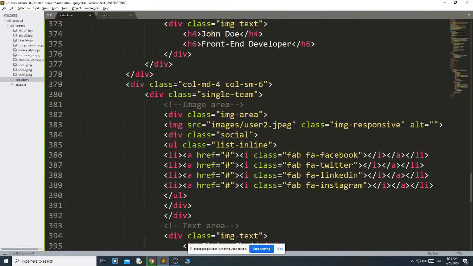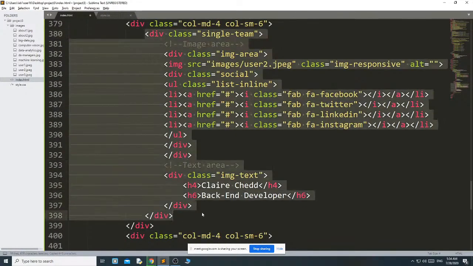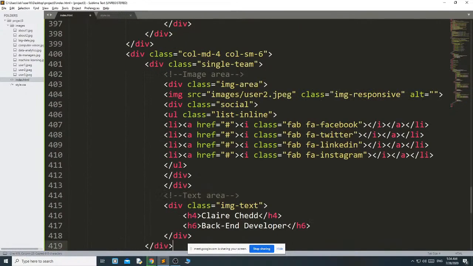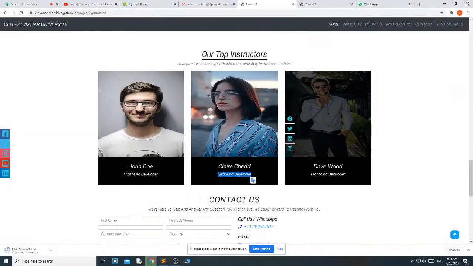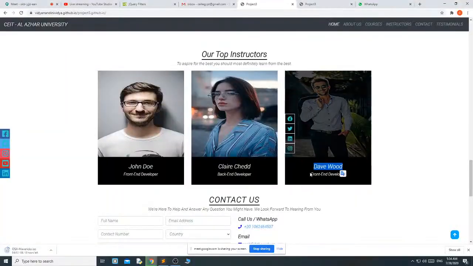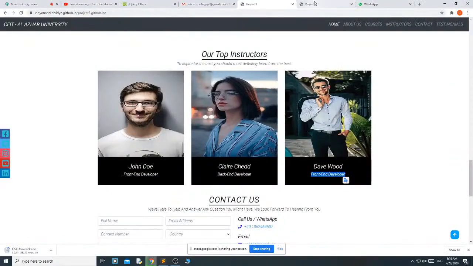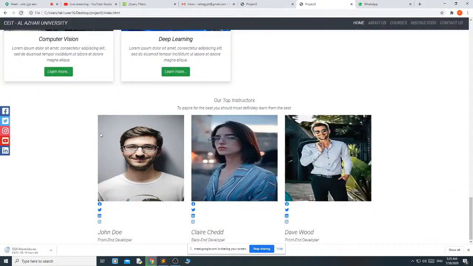Then the same thing I am going to do for the third one, copy, paste, then user 3, change the name, and this. Okay, now we will get 3.